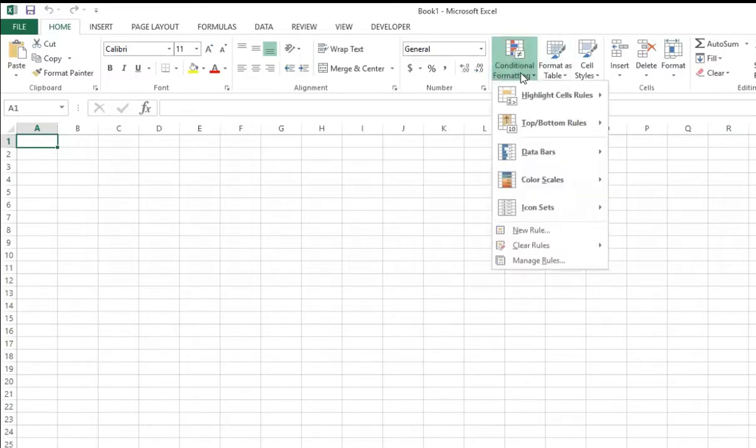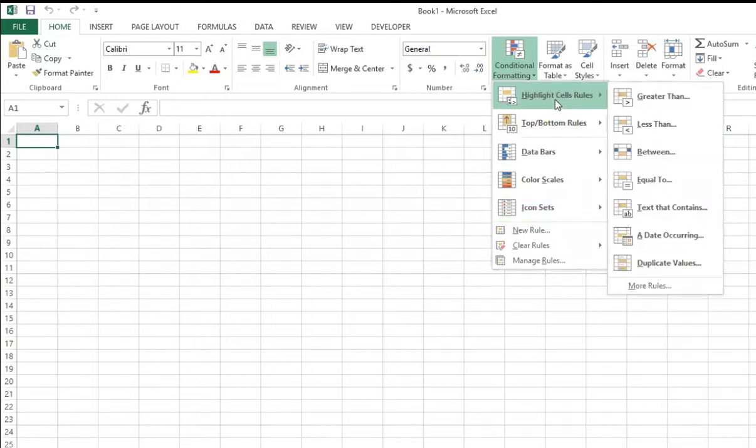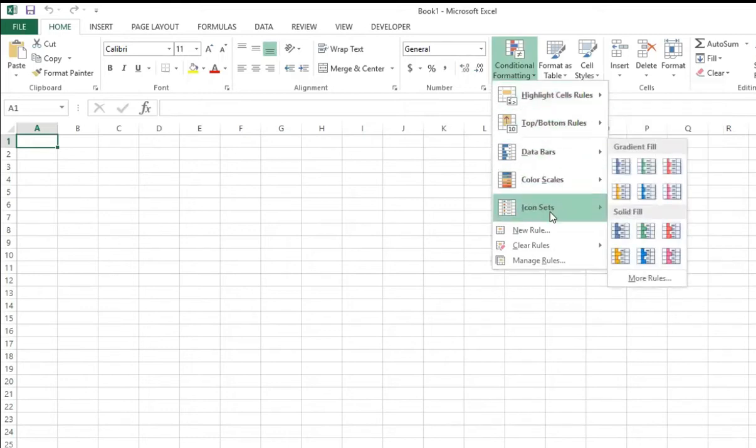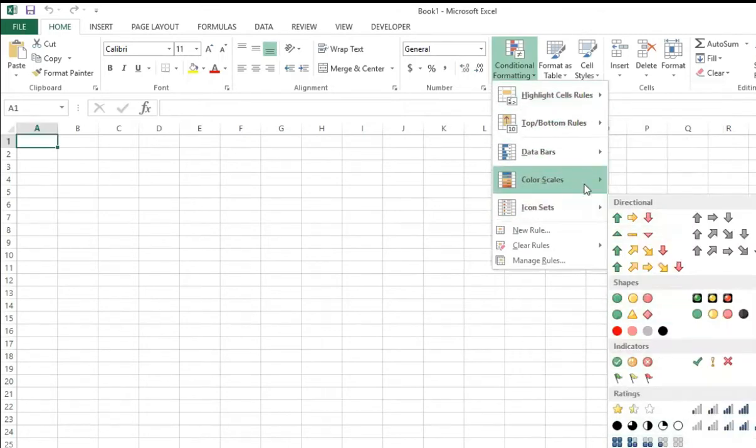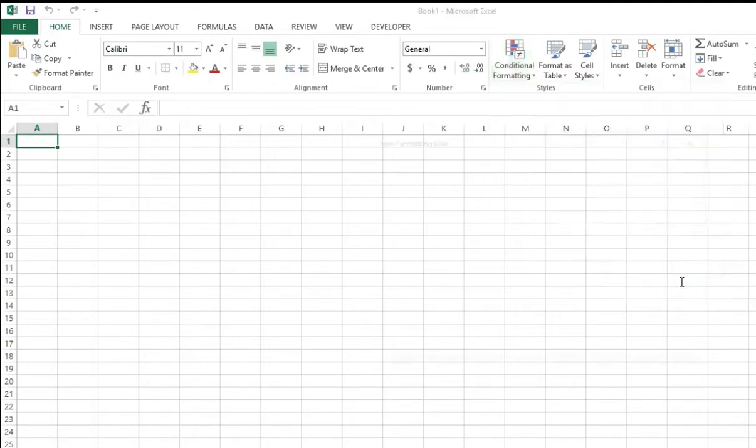I'll show you the conditional formatting rules first, and then we'll take you through the correct application of it. Let's drop to the first menu first. We have highlight cell rules, and there are numerous rules which are defined here. And that's how all the menus work. This is the top menu, and then we have the different rules which are identified in each one of them. In highlight cell rules, we have greater than, less than, between, equal to, text that contains, and we can even define our own rules using more rules.